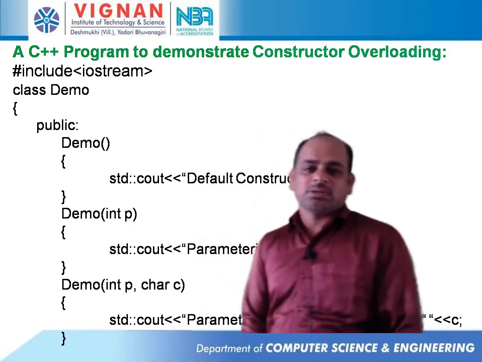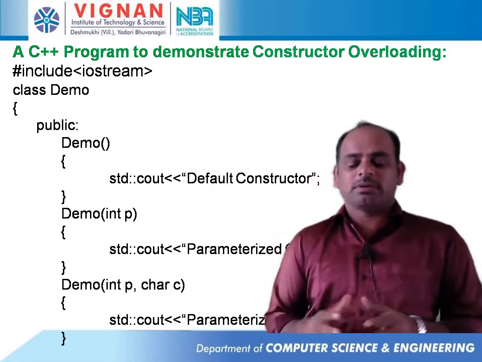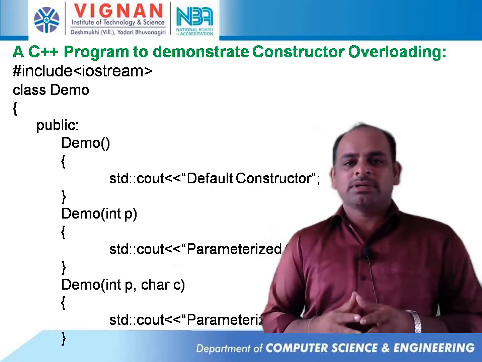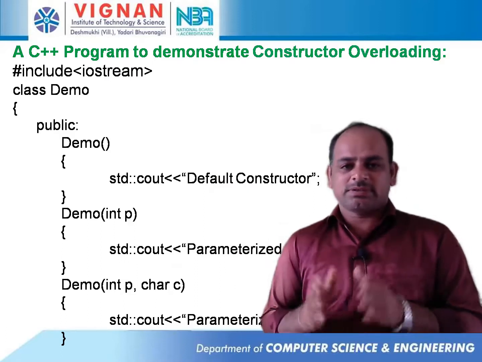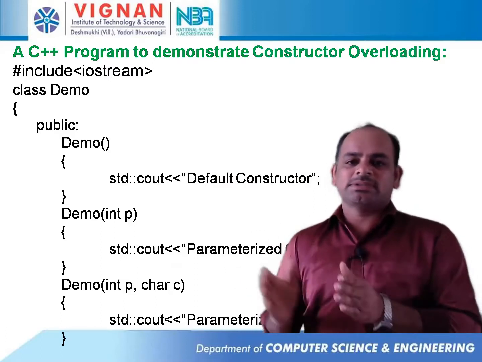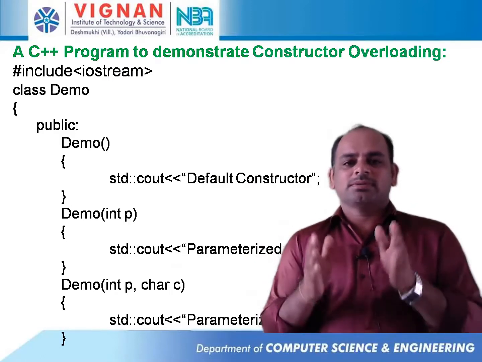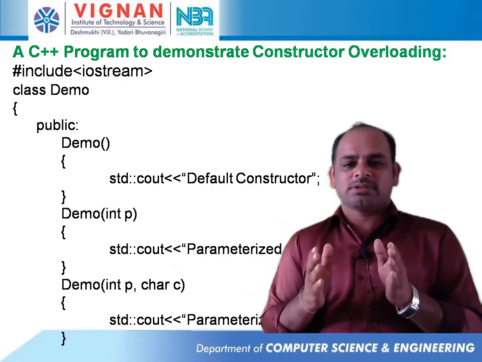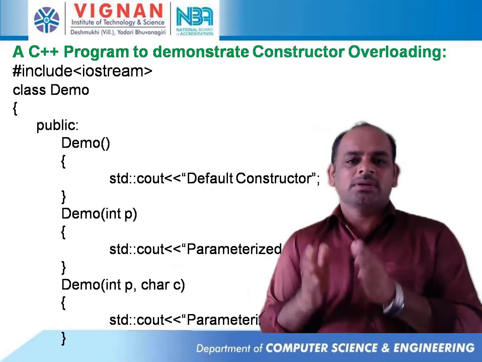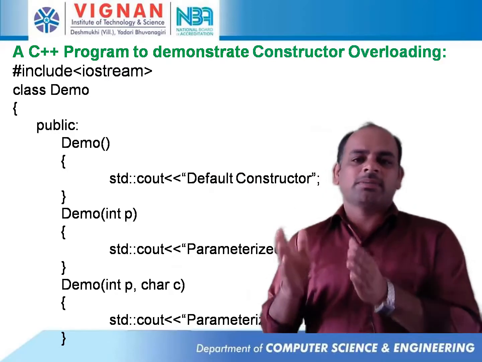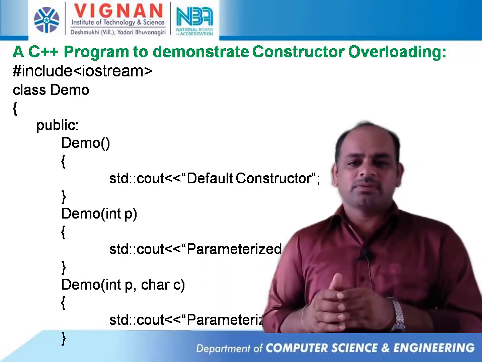So this is how to declare the parameterized constructor and how to use it. So next one is constructor overloading. I think you know about function overloading. Function overloading is nothing but multiple functions with the same name with different signatures. The same function with a different signature is called function overloading here, right? Here also, the same constructor with a different signature. The signature is the number of parameters and types of parameters here, right? So then this is called constructor overloading.